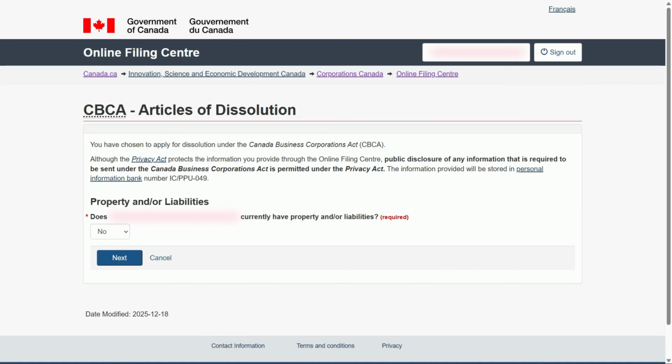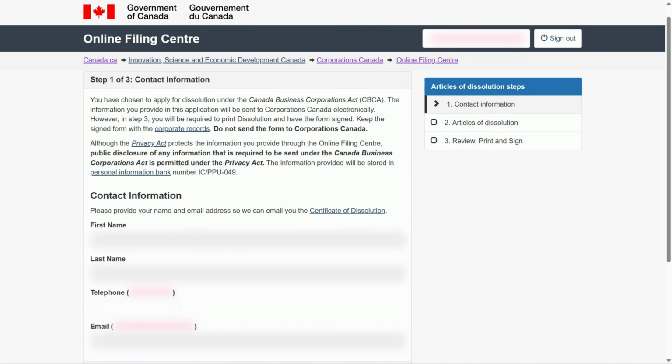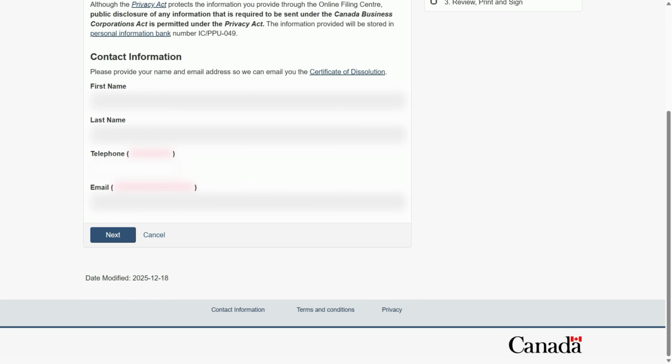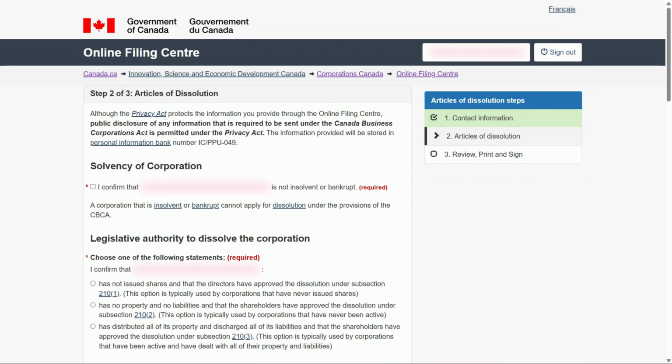When I select no and click next, step 1 is the contact information. So you check the first name, last name, telephone, email, and then click next. Step 2 is the articles of dissolution, and here I confirm that the company is not insolvent or bankrupt. This is the confirmation I am giving here. And if it is insolvent or bankrupt, you cannot apply for